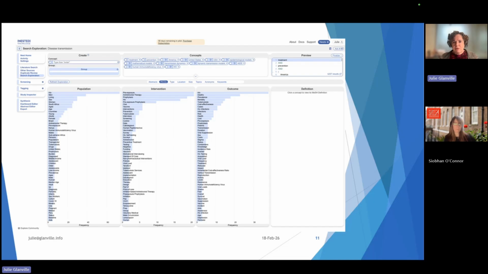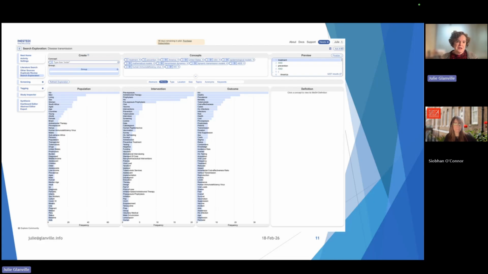At the top, on the right where it says preview, it is showing you the search structure. And then in the middle, you can see some little tabs that say things like abstracts, PICO, type, location. These are all options to analyze the records that have come back from PubMed. And I've focused here on the PICO breakdown, and you can see that it's giving us the terminology that relates to the population, the intervention, and the outcomes that it has identified in the records that it's brought back from